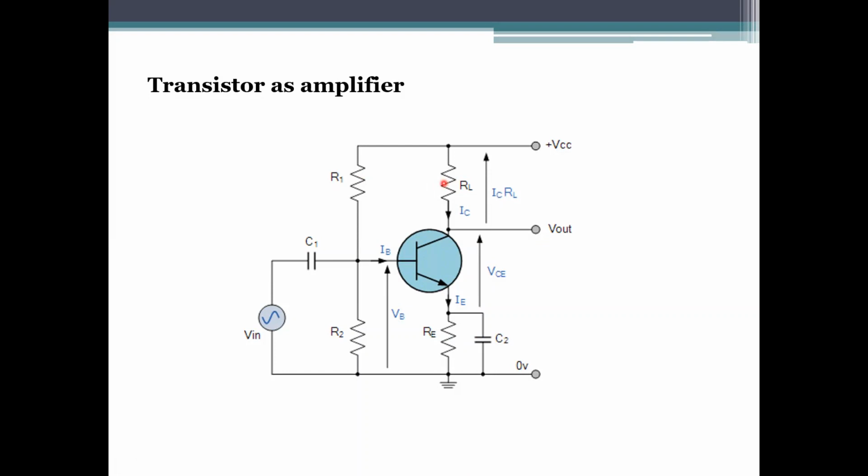So the input signal is given through this base, which passes the base current. It is amplified in the collector, that is your IC here. So IC is equal to beta IB. The output voltage is taken from your collector. So this is your output voltage, right? Your output voltage is collected from your collector region, and your input voltage is provided at your base terminal. This is base, this is collector, this is emitter, right?